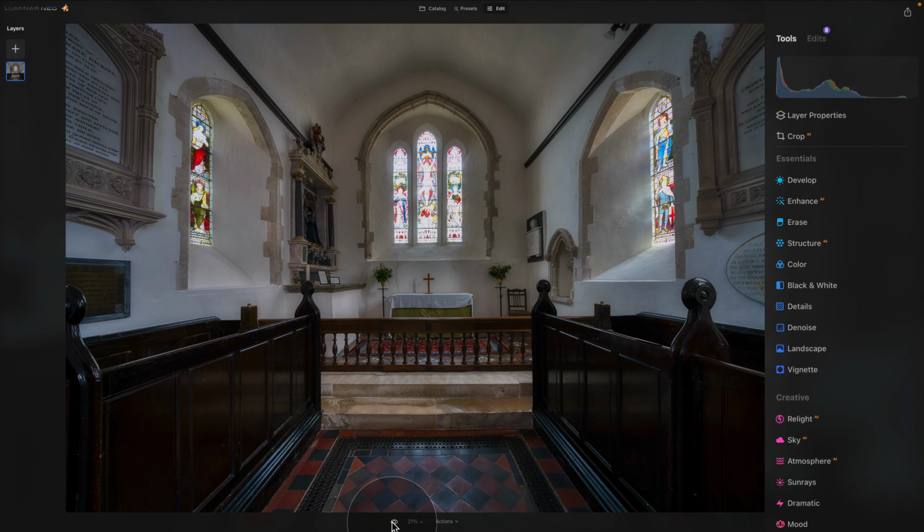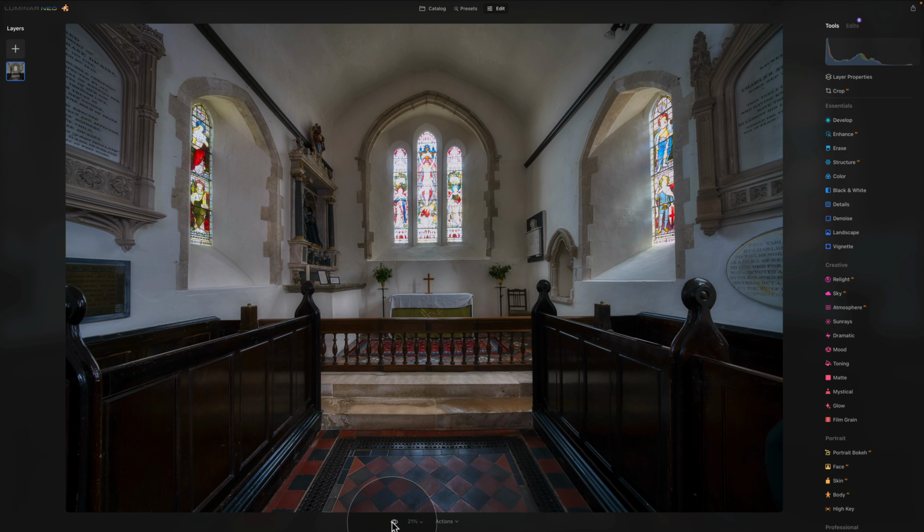What are some of the other things you could do here? A little bit of dodge and burn, while you could also test the new dodge and burn tool. You could also double check the effect of the Enhance AI. Once again, you could add some additional details locally by using the Details tool, or you could really try to turn it around and see what the tools like Mood tool with some LUTs, or maybe High Key tool with some really bright white effects would do to the image. But for us, I'm quite happy with what we created, so we can now use this edit to edit the